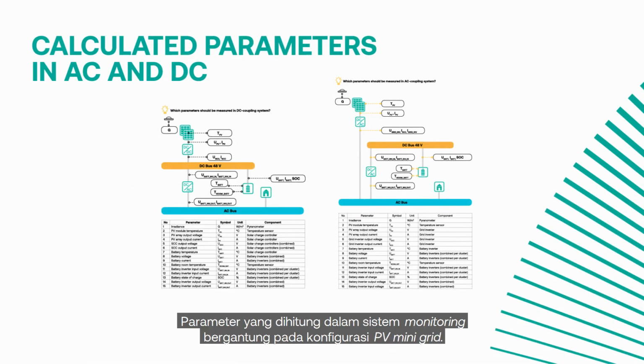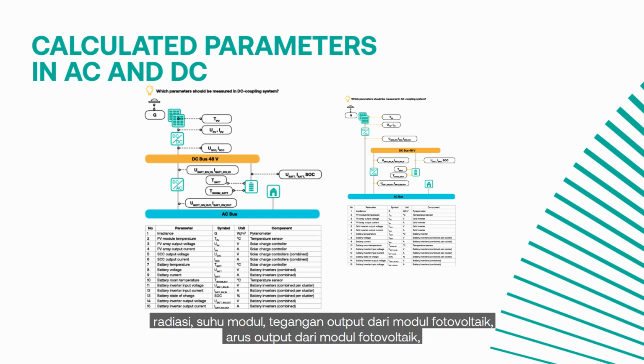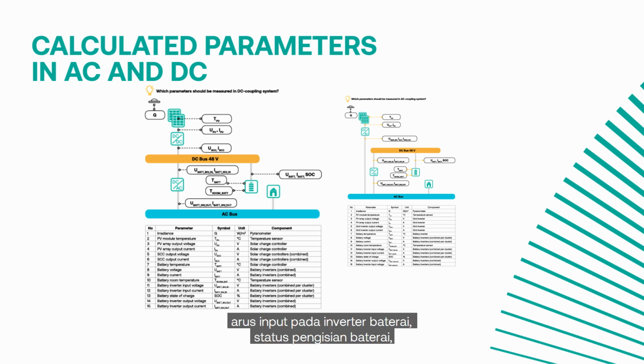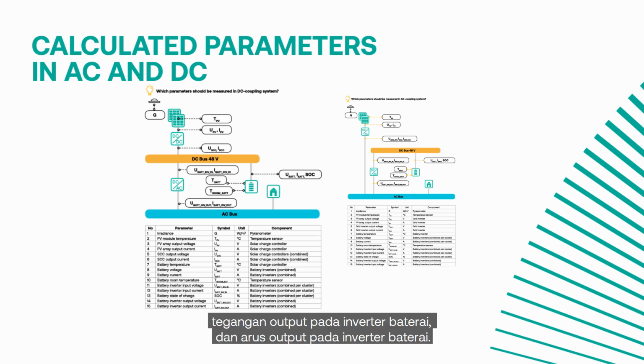Parameters calculated in the monitoring system depend on the PV mini-grid configuration. For DC coupling systems, the parameters are irradiation, module temperature, output voltage from photovoltaic modules, output current from photovoltaic modules, output voltage of solar charge controller, output current of solar charge controller, battery temperature, battery voltage, battery current, ambient temperature, input voltage of battery inverter, input current of battery inverter, battery charging status, output voltage of battery inverter, and output